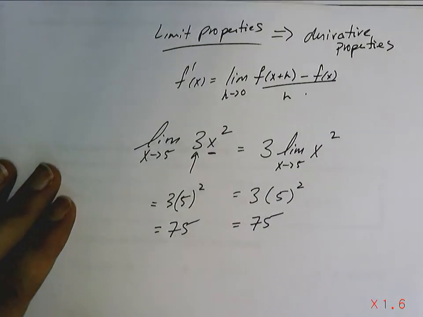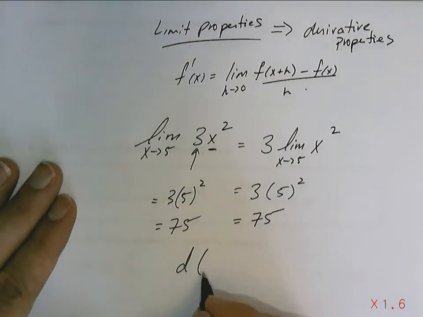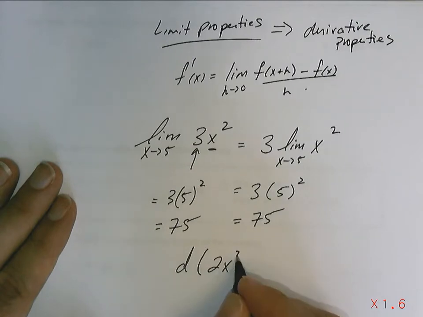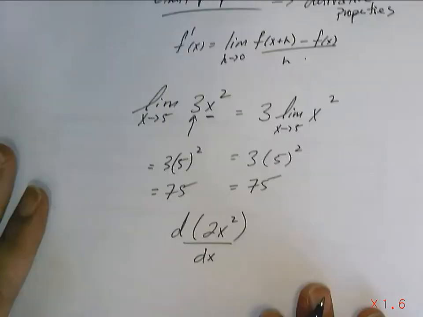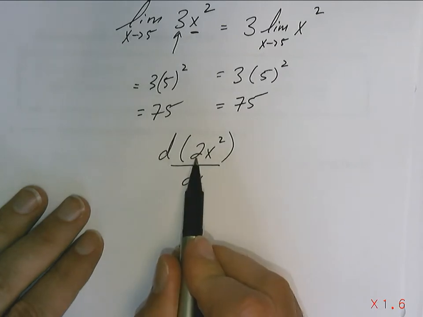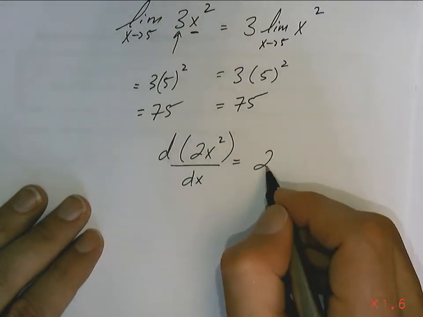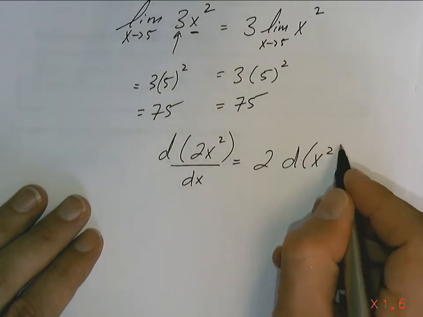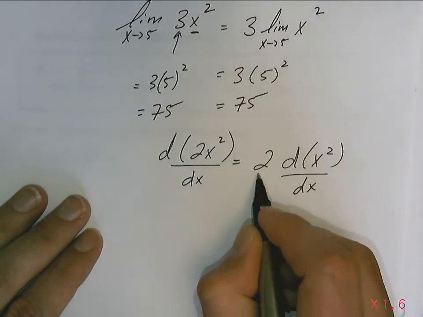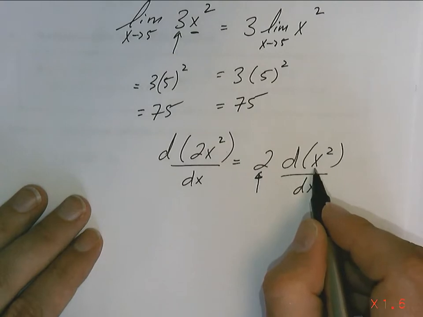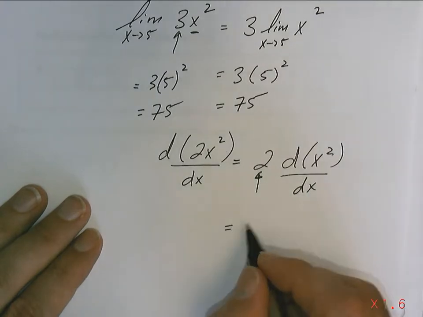So what we're going to do now is ask for a derivative. I'm going to ask for a derivative of a constant times a function. Well, that'll be equal to the constant times the derivative of the function itself, which will be